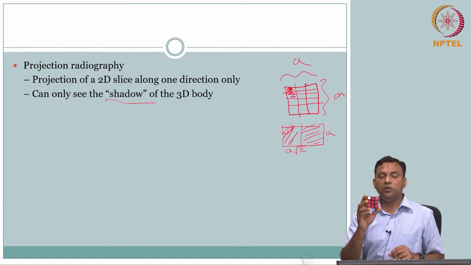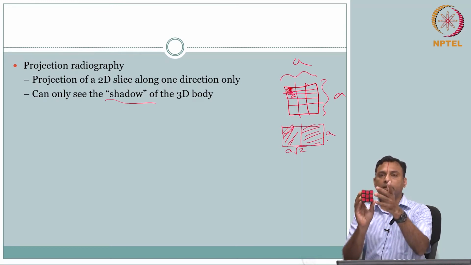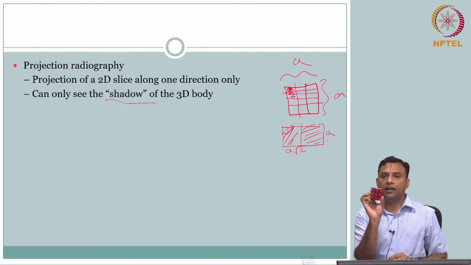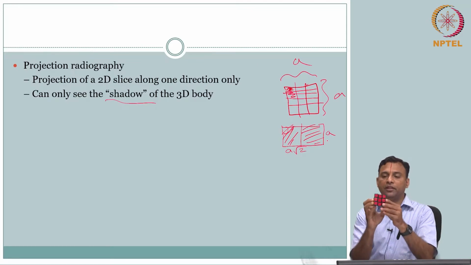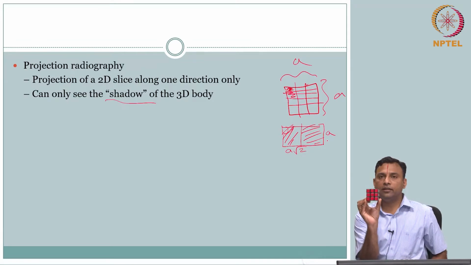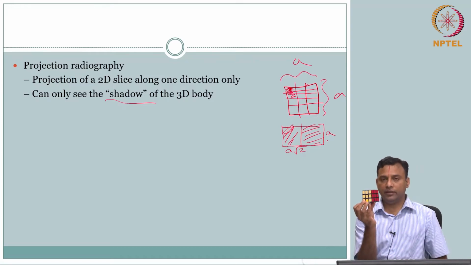So then what can I do? I had orange and red. What if I do it like this? I have another view. I had one view like this, and then if I have it like this, I just rotated by 45 degrees. The width has increased, but you still see the projection. So it's a rectangle with two colors.